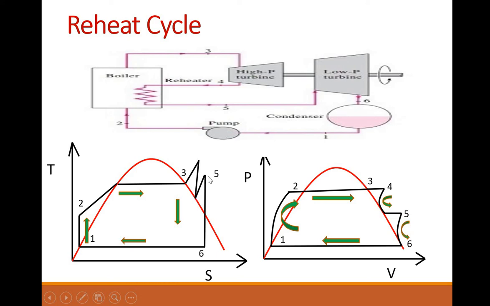So at point 5 we are allowing it to go through the low pressure turbine. So that is your point number 5, and then it is condensed. So here we are performing the operation of reheat. Why are we doing the reheat operation? With the reheat operation you can see easily that the area under this curve has been increased. Also, why has this area increased? Because the amount of work done by the turbine has been increased. So eventually that gives you the increase in the efficiency.